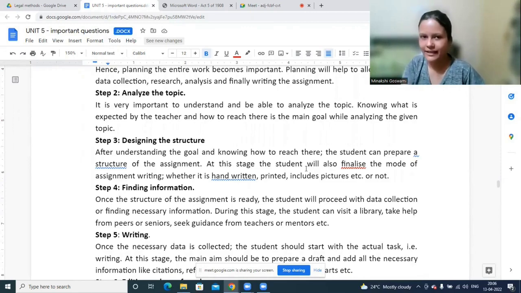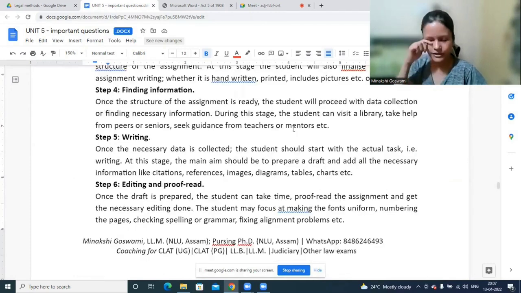Then, however we have designed the entire thing, we need to find relevant information in order to complete that particular assignment. And for that, data collection becomes very important. There are different ways of data collection as well. You might interview someone, you can go and visit the field, you may visit an NGO, you may meet people who have practical experience, you might read some books, do online research. So many different ways we have. That is nothing but finding information. We would collect the information and maybe dump it in one place.